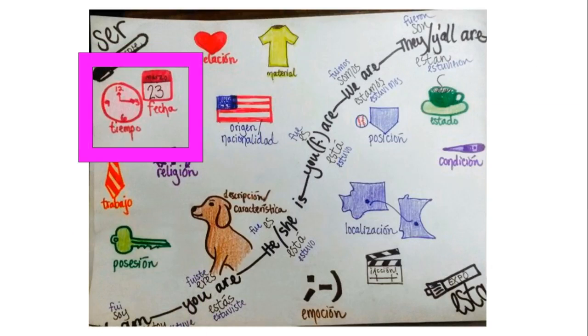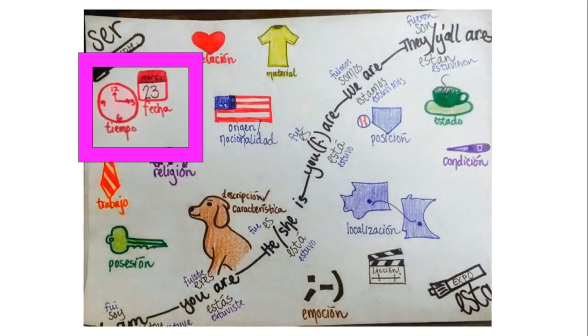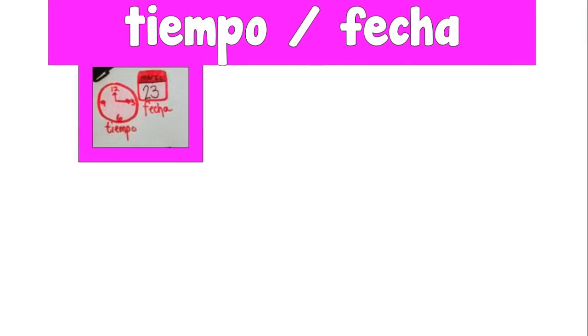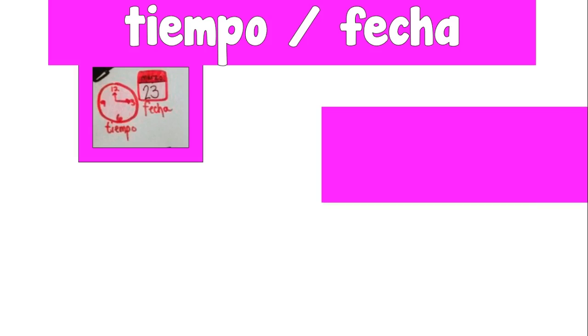Next up, we have date and time. This can be a little bit tricky for students because if you think about it, the date is always changing and so is time. But if we examine it a little more closely, I always use the example for time: if you're sitting in class and would like it to be 2:26, the time that we get out of school, but it's not, we can't change that. We personally cannot change time, same with the date. I'm sure we would all love it to be Christmas break right now, but it's not. It's not something that we can change, and so therefore it is permanent, and we need to use ser to